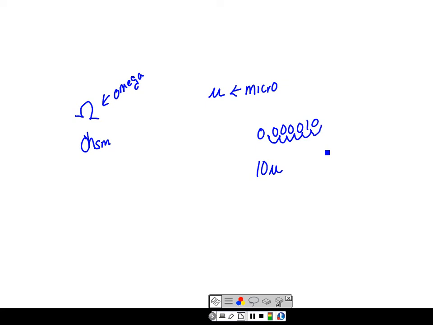So 10 micro, if you understand what the symbol micro stands for, it's a lot easier to say 10 micro than it is to say 0.00001, right? You understand that? Milli, that's not a symbol, that's just an E. Kilo is K, so those are not really symbols, those are more abbreviations. A micro, a mega,